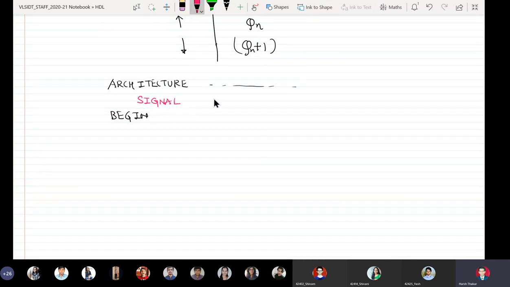I will say signal, and there is one dummy signal called qtemp, which has the same size as the original signal. So signal qtemp : std_logic_vector, and because there is an MSB bit and an LSB bit, I will say 3 down to 0.